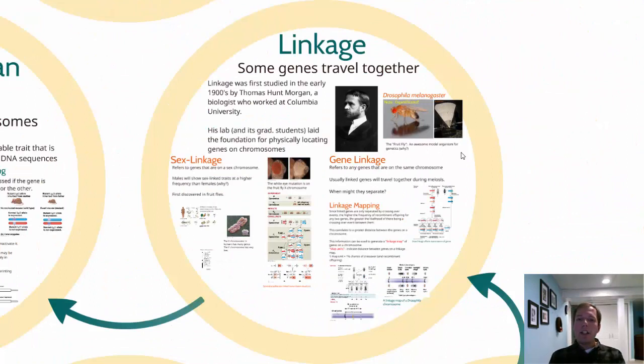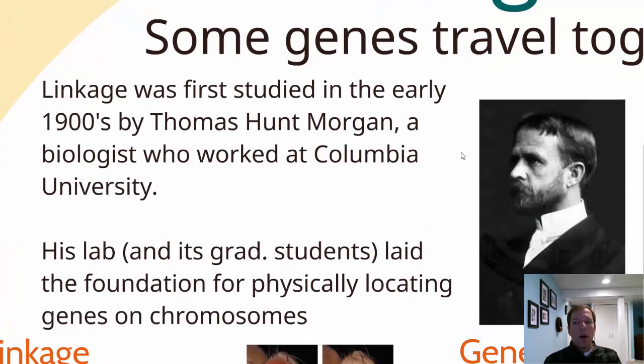All right, now on to gene linkage. So linkage is an important concept that looks at how it is that genes travel together. Thomas Hunt Morgan was a scientist who worked at Columbia, and he founded a very famous lab called the Fly Lab, and he had his crews called the Fly Boys. And his lab and his students really set the foundation for modern genetics and being able to link together